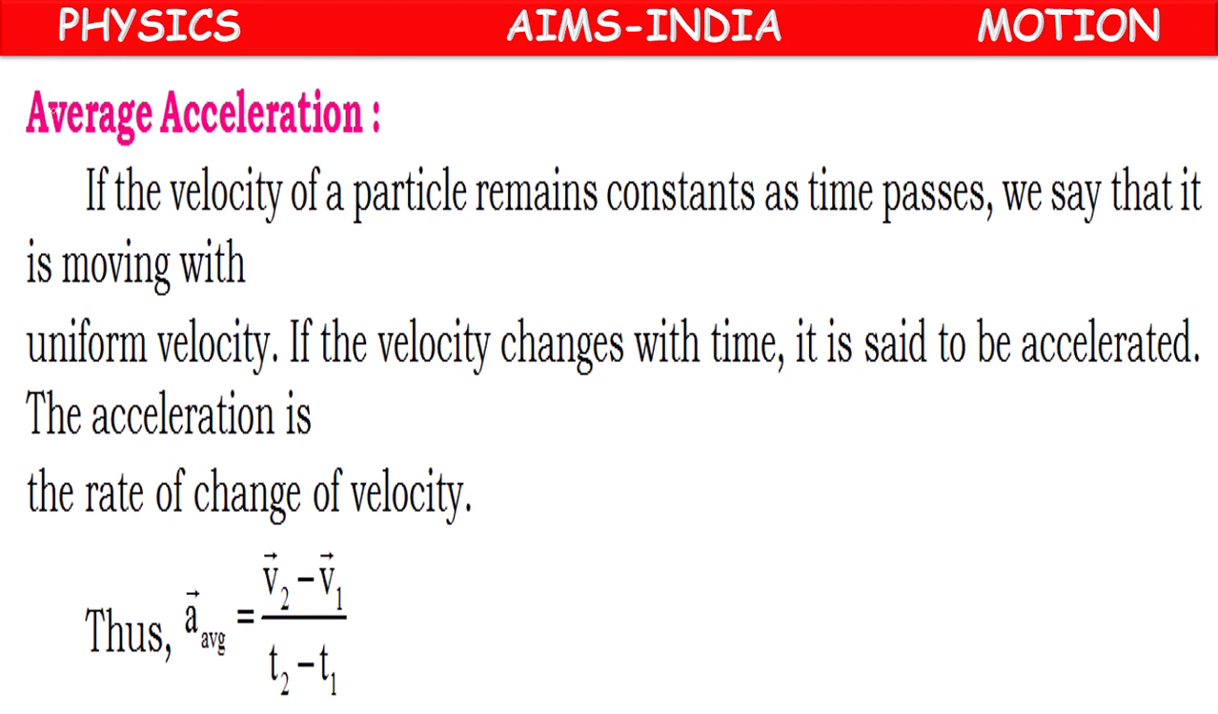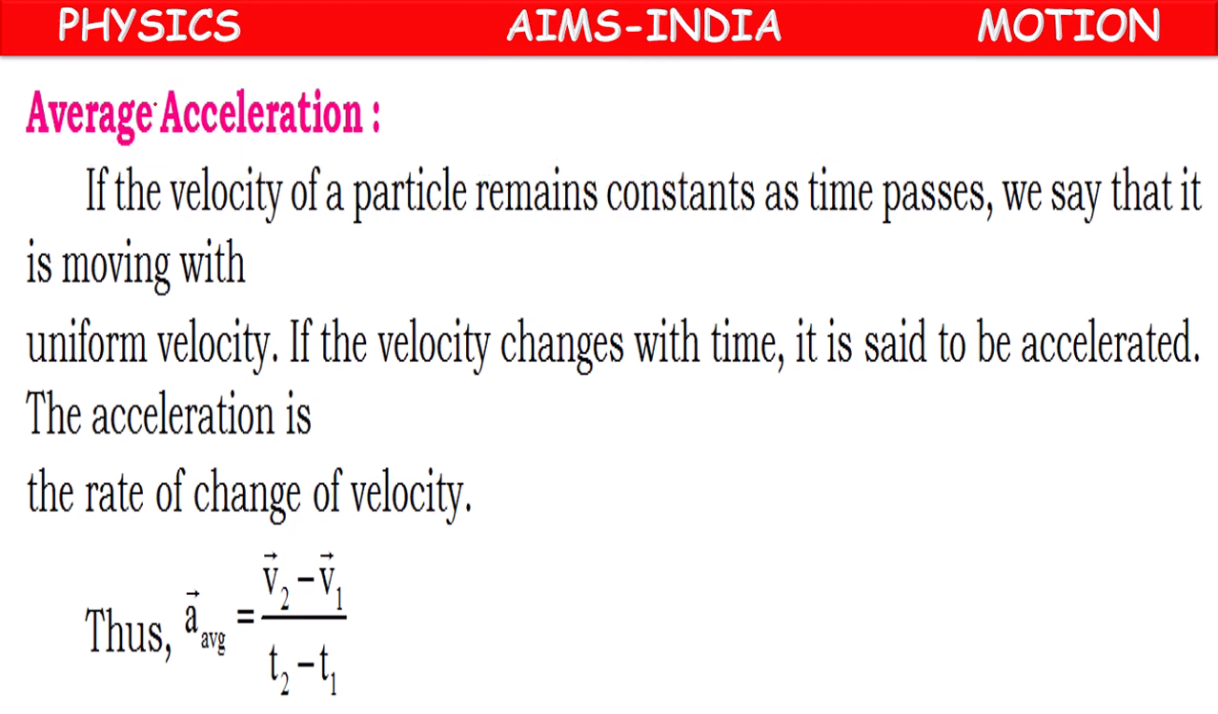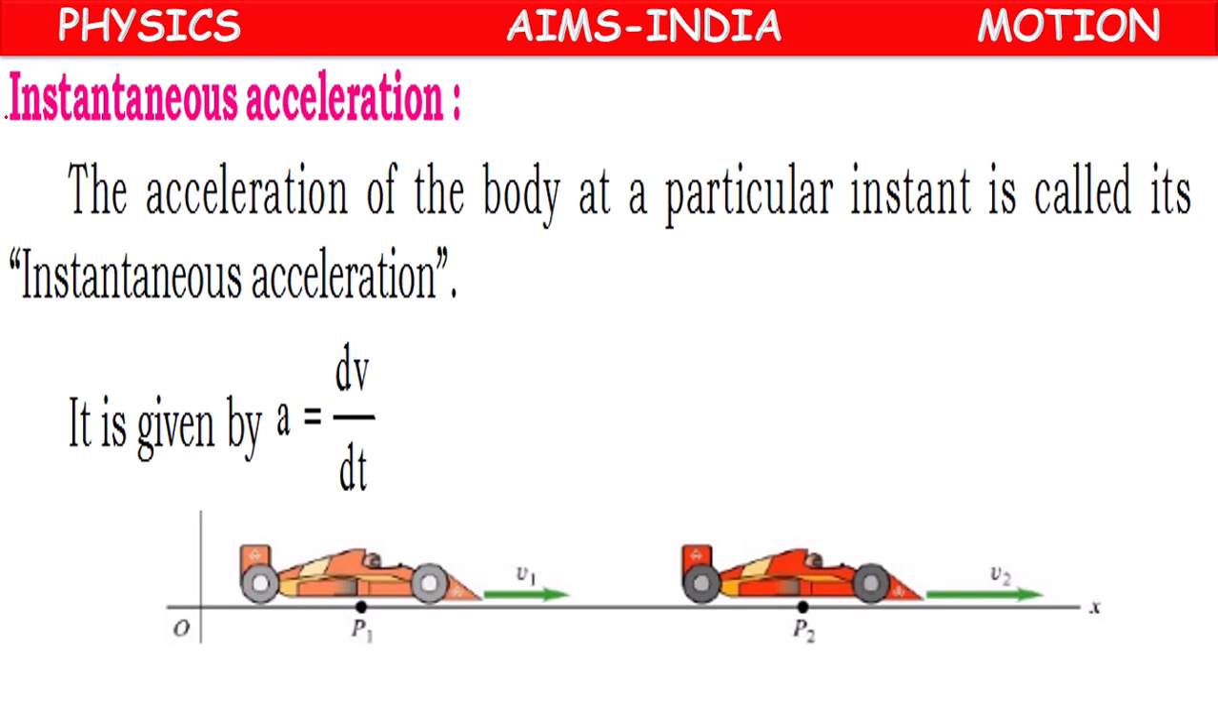So average acceleration will be taken for the total journey. For the total journey, the velocity may increase, the velocity may decrease, or the velocity may be constant. So overall, for the total journey, we always consider average acceleration. Average acceleration. Sometimes we will come across instantaneous acceleration, because if you observe car racing,